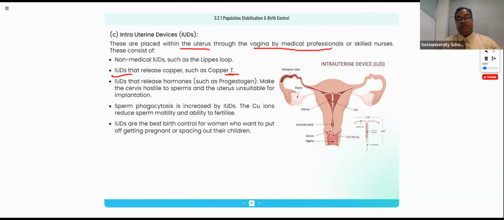If you're talking about progesterone released by the intrauterine device, there is another type of device. It makes the cervix hostile to the sperm and the uterus unsusceptible for implantation. Right, so here we need to understand,